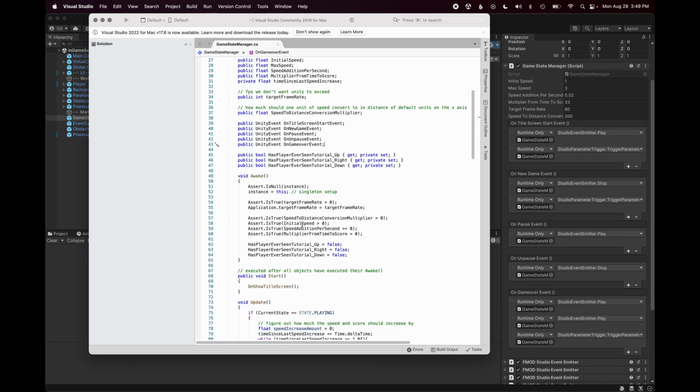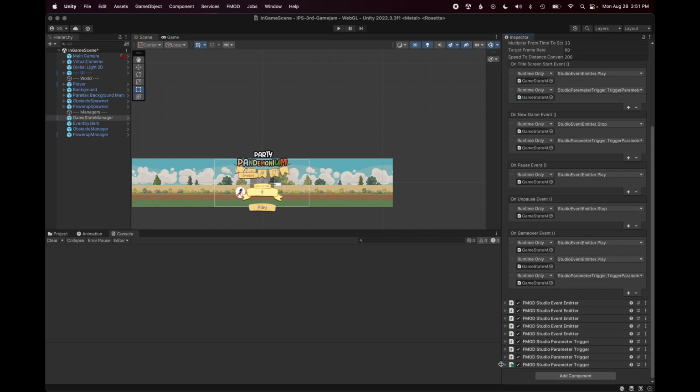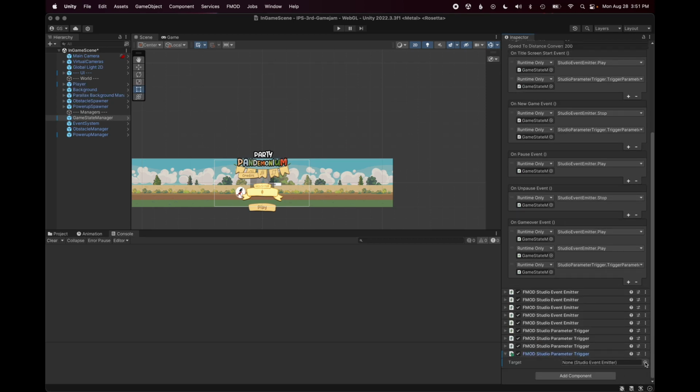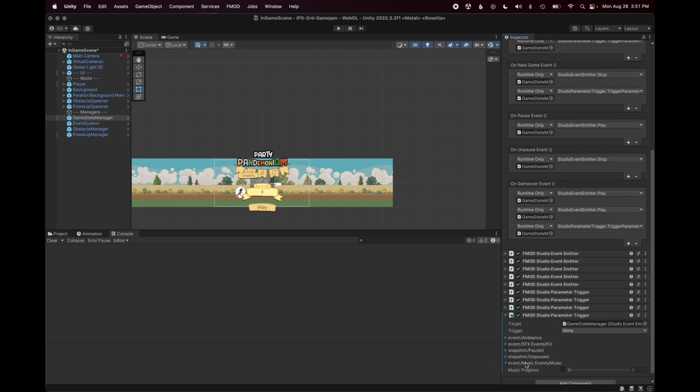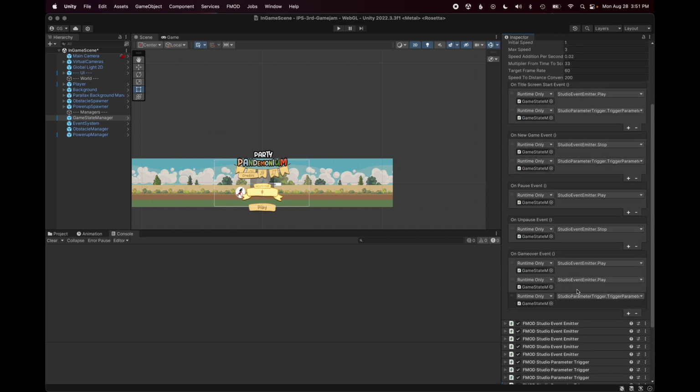Now in the Game State Manager prefab in Unity, I can add the FMOD Studio Parameter Trigger component to the inspector. Within the component, I call the Game State Manager script, select the Music Progress dropdown, and can set the parameter to the specific number I've set up in FMOD as I showed earlier. I can then drag and drop the component into the specific public event